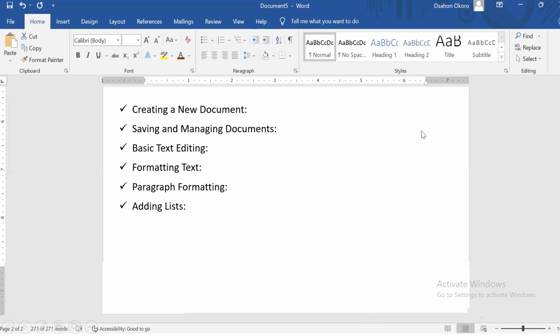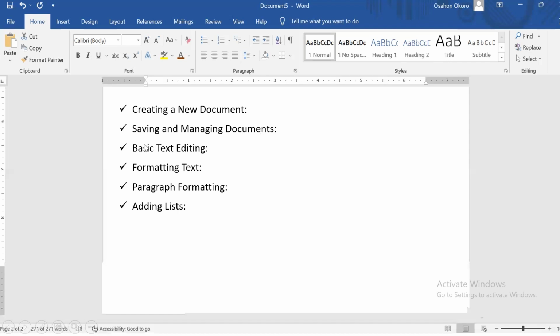like in the case whereby you have to create a CV, or you have to create a resume, or rather create a brochure, or you have to type a receipt. So to build those documents now, that's when you now need a functionality or a function from each and every tab. So in creating a new document, we are going to learn of the different tabs that we use to create the new document. Then next, we'll go to saving and managing the document. We'll show you different tabs that you use in saving and managing that particular document that you have created.